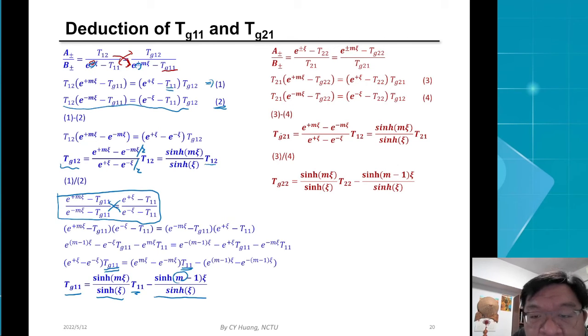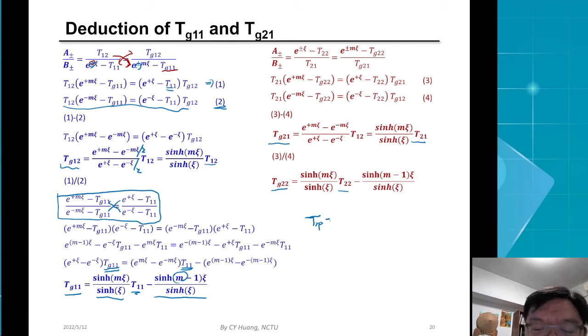So you also build the relation between TG21 and T21, and TG22 and T22. Alright, so if you have one pair, T1P, one pair is T11, T12, T21, T22. And the T grating is equal to T1 pair to the power of m, and is equal to